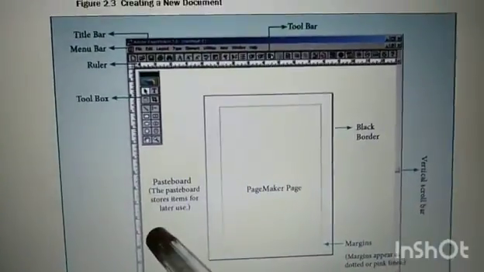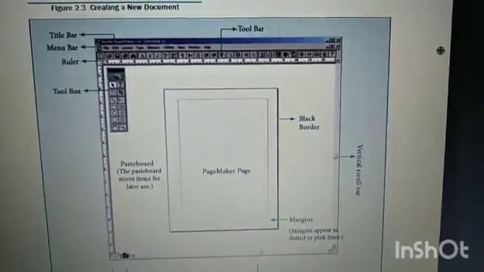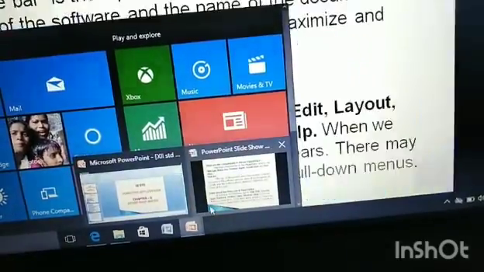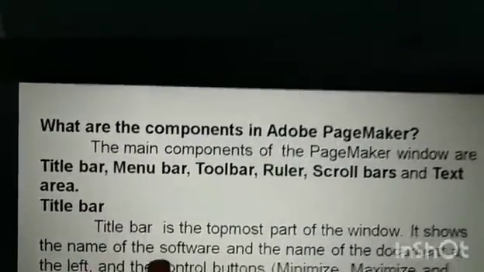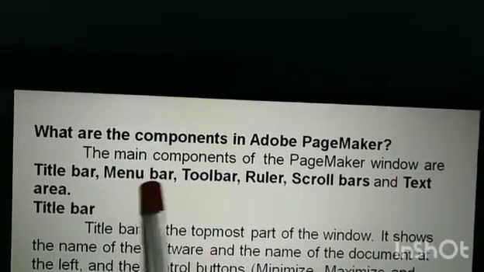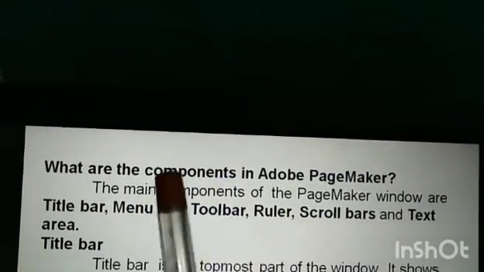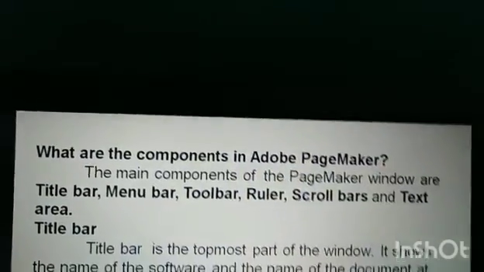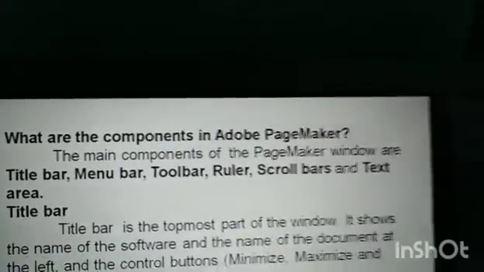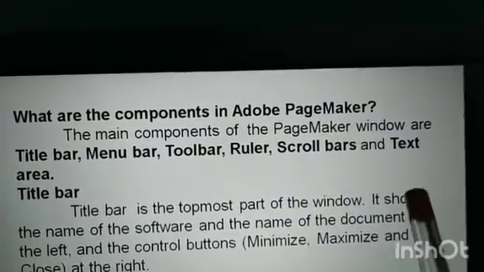And next, what are the components in Adobe PageMaker? The main components of the PageMaker window are title bar, menu bar, toolbar, ruler, scroll bar and text area.